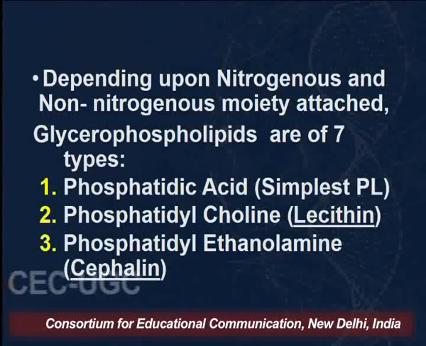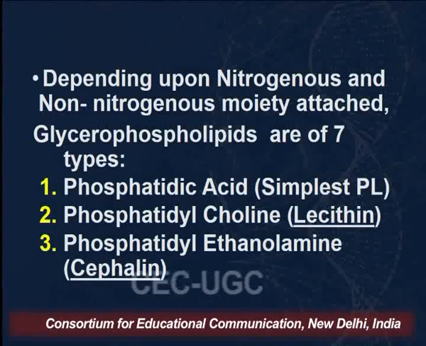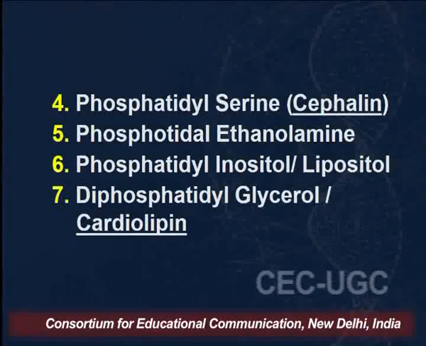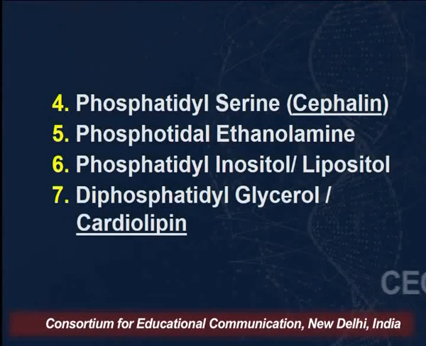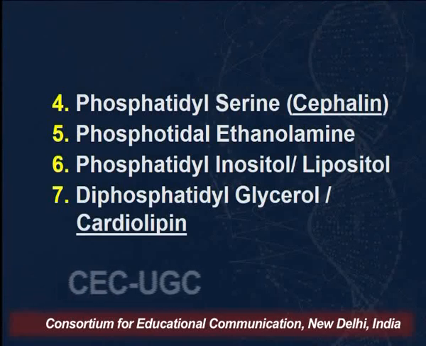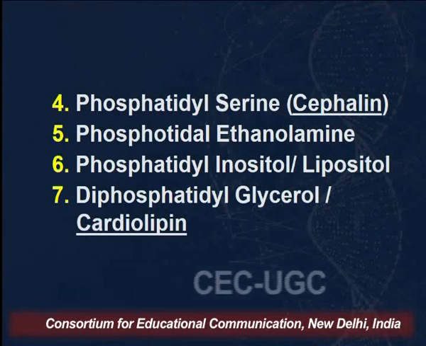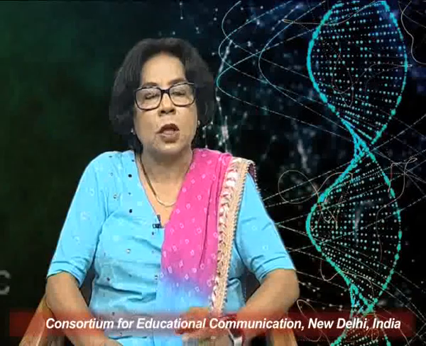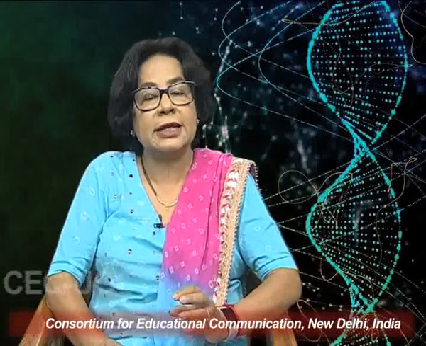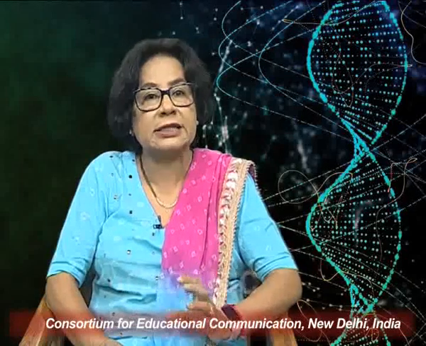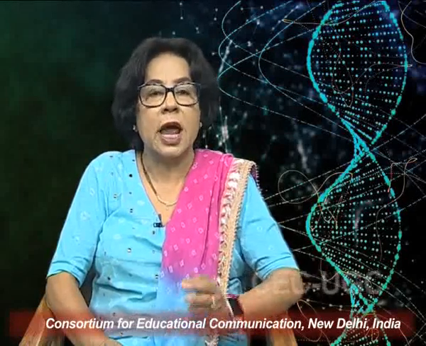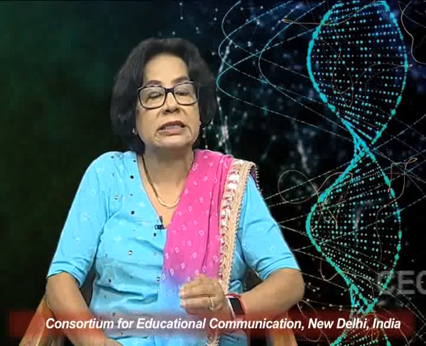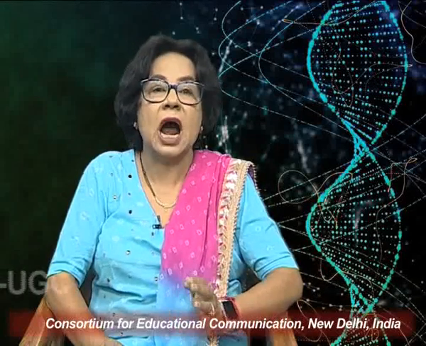Next is phosphatidylcholine, phosphatidylethanolamine, phosphatidylserine, phosphatidylinositol, and diphosphatidylglycerol or cardiolipin. So phosphatidic acid is the basic phospholipid, and all the other 6 phospholipids are